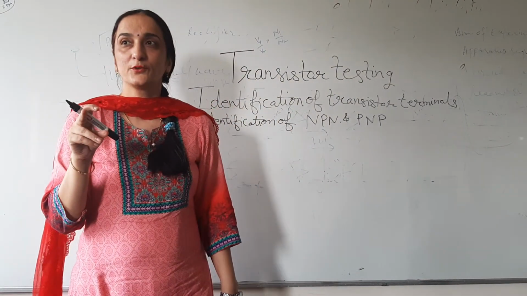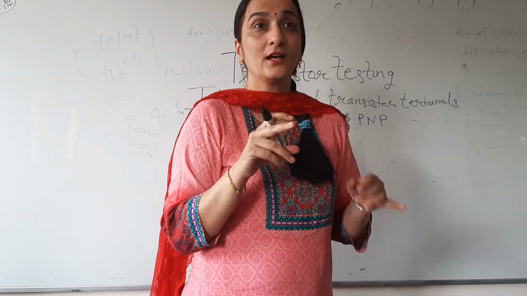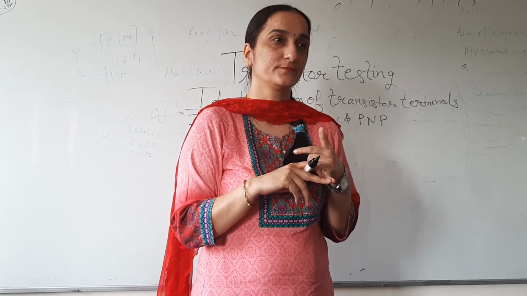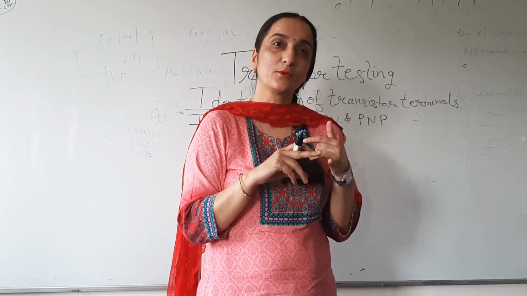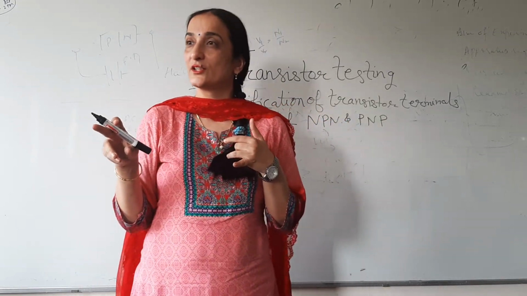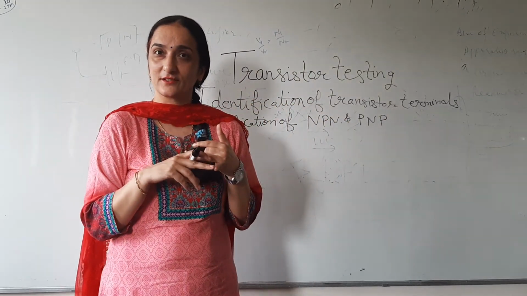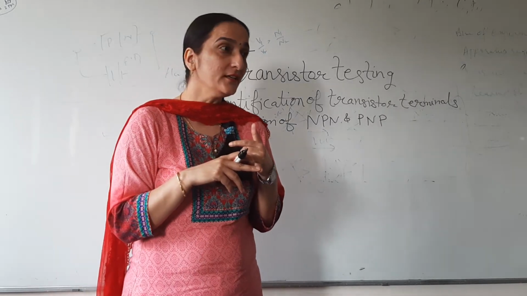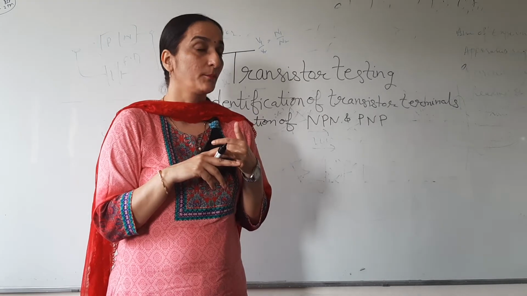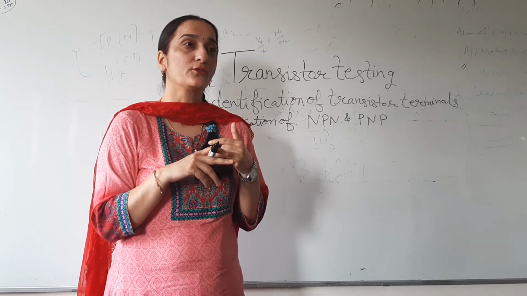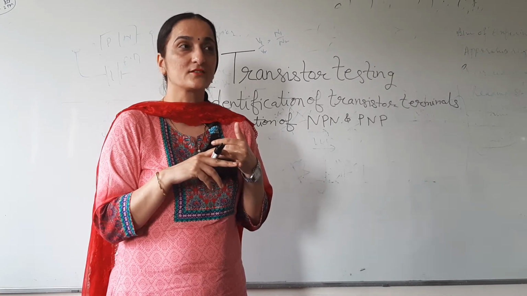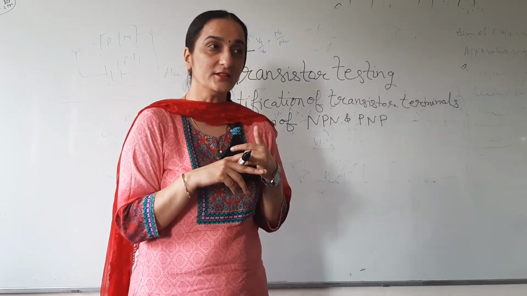So, all of you, or any of you, tell me what gives a transistor an advantage over a diode? First of all, you tell me what is a diode. A diode is a unidirectional device. It can control the direction of current flowing through it, but it cannot control the amount of current passing through it. So, what is a transistor?